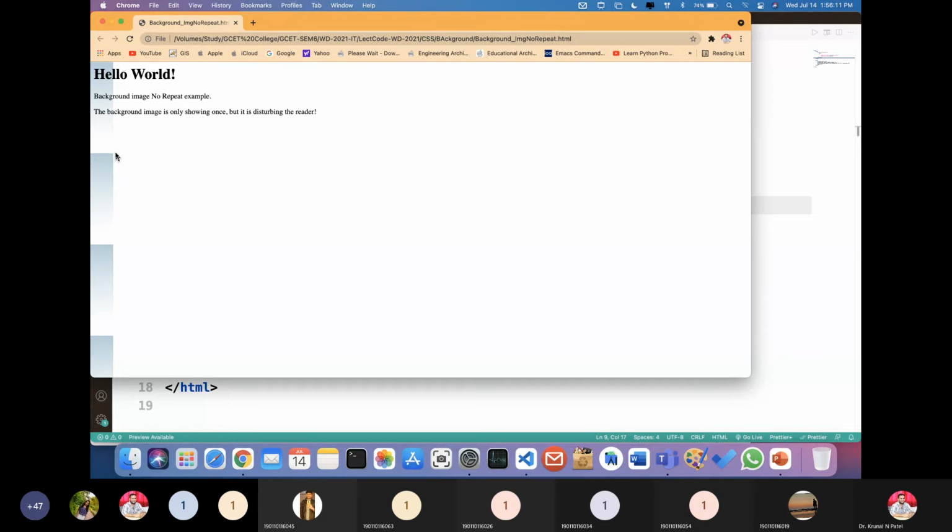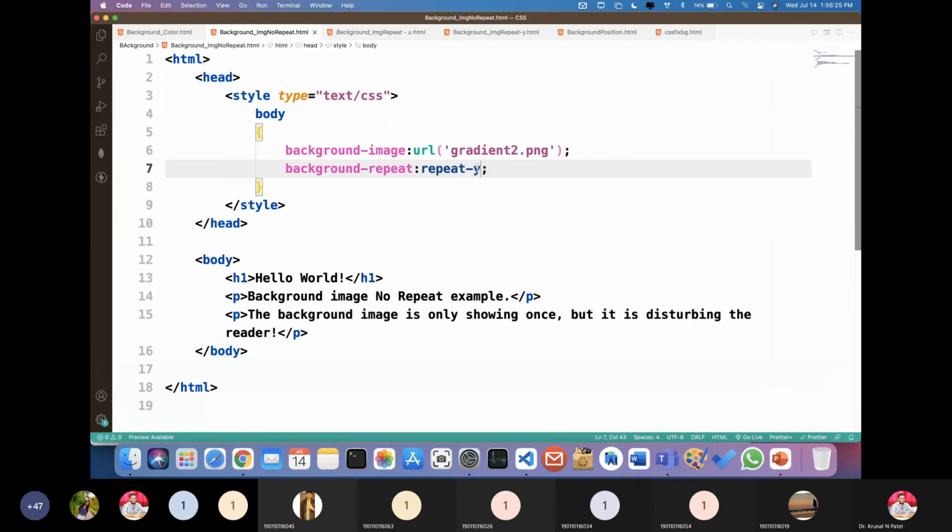The actual size of the image is like this. From here it is repeating, from here again it is repeating like this. So for this particular image, it prefers repeat-x only. You can see that, right? So according to this, you can just put the particular property values and apply the style for that,